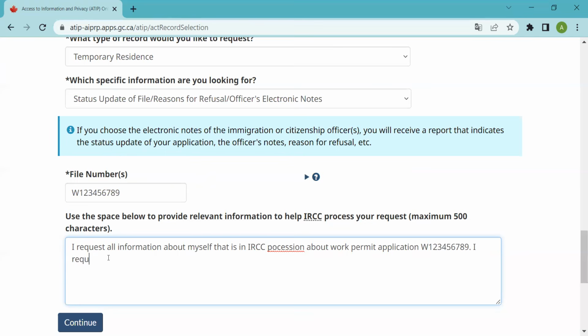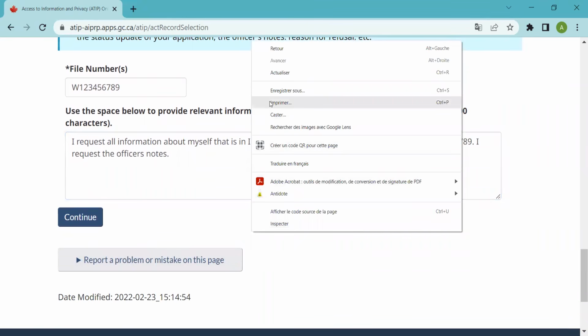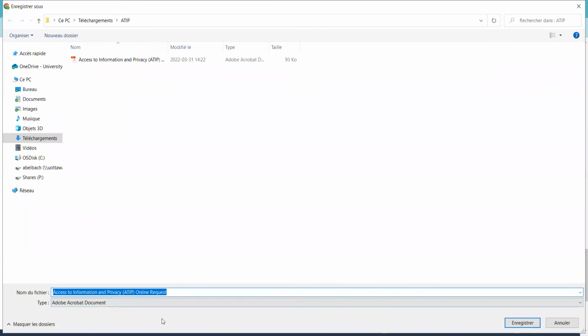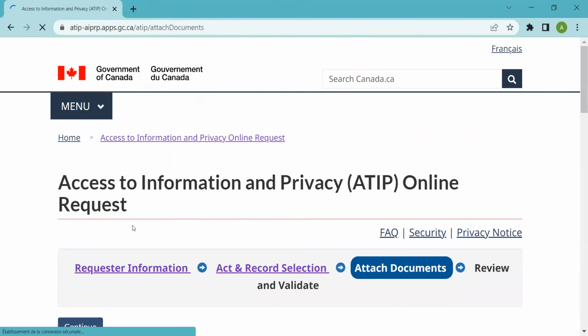I request the officer's notes. And then again, we print this page as a PDF. This is going to be page 2. Save, and then we continue.